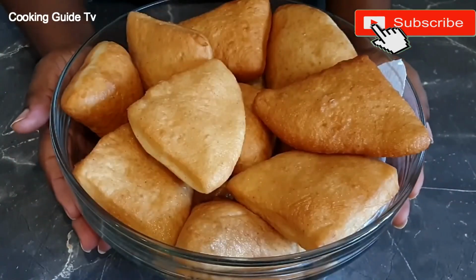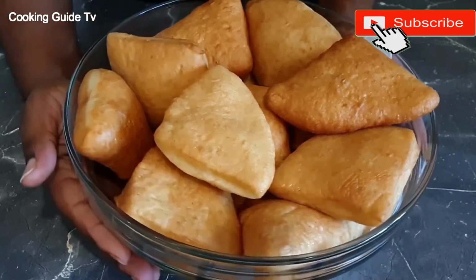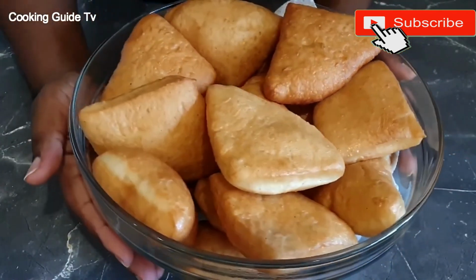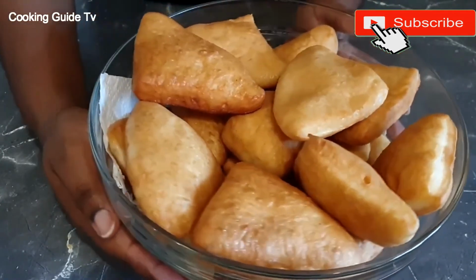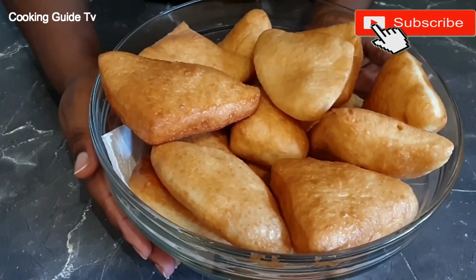Now here is the end result of our mahamris. You can see how beautiful it looks, golden brown, and of course I have to put them to the ultimate test and show you guys, are they really